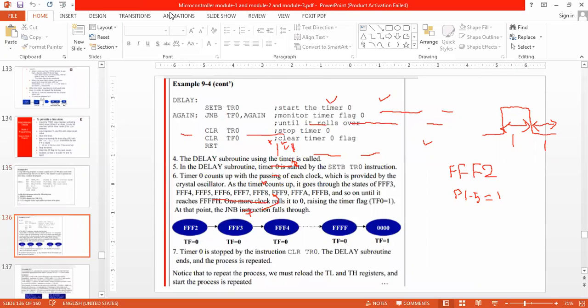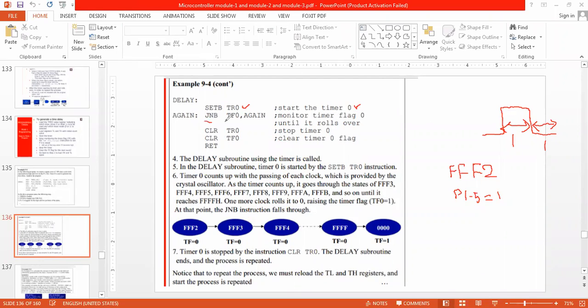See here. What was the third step? The third step was to start the timer. Set bit TR0, start timer 0. What is the fourth step? Keep on monitoring TF0.